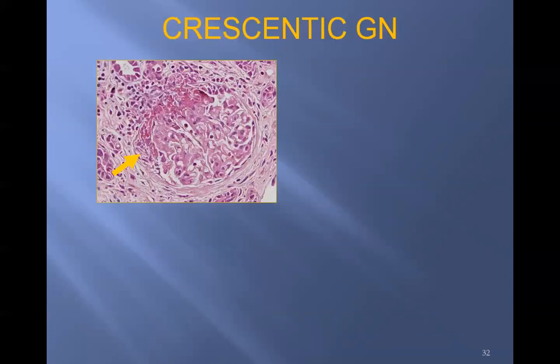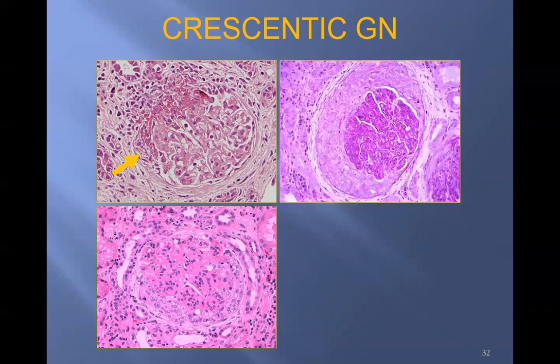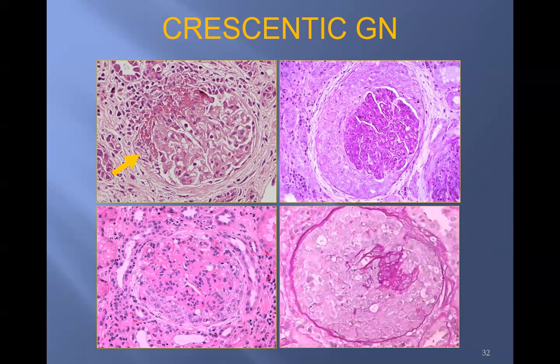So this is how it starts. It starts from here, fluid. Then in the next phase, it is almost encircling. This is all parietal epithelium. Remember, visceral epithelium does not show this. In the third one, it has almost encircled the whole glomerulus and is starting to squeeze the glomeruli. Now the fourth one, it has almost engulfed the whole glomerular tuft. Very bad sign. Recovery is almost negligible. If you have a patient of this or this, you might save them. But if it is just like this one,